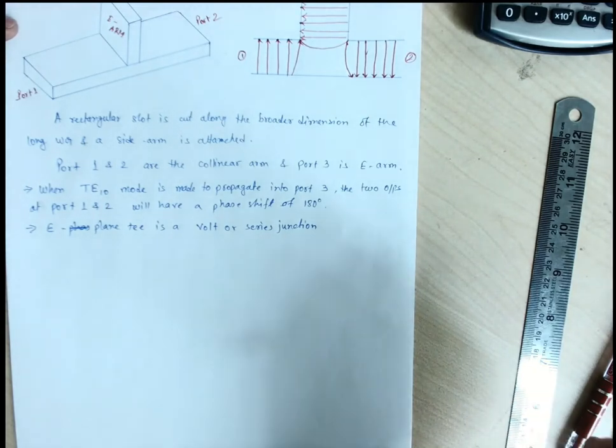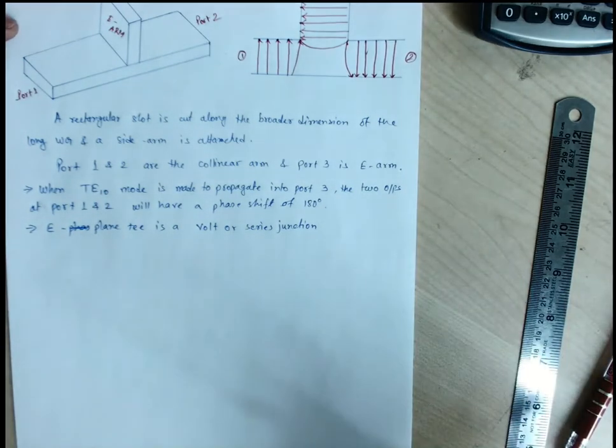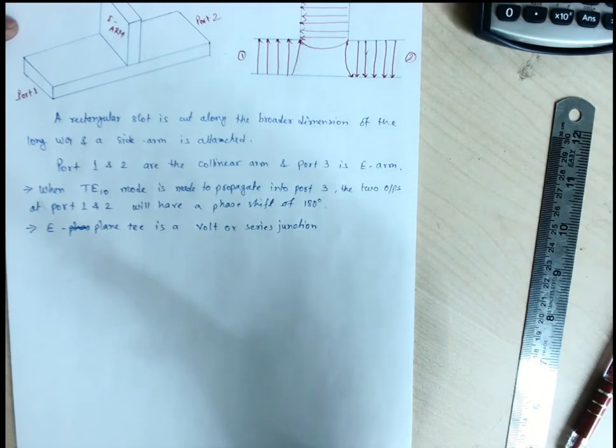given to different parallel paths. So from a node, if it has entered into different parallel paths, then from the other point we can have the addition of the current. So in this way we can have some kind of concept that yes, this E plane T is a series junction, since this E is compared with some voltage.